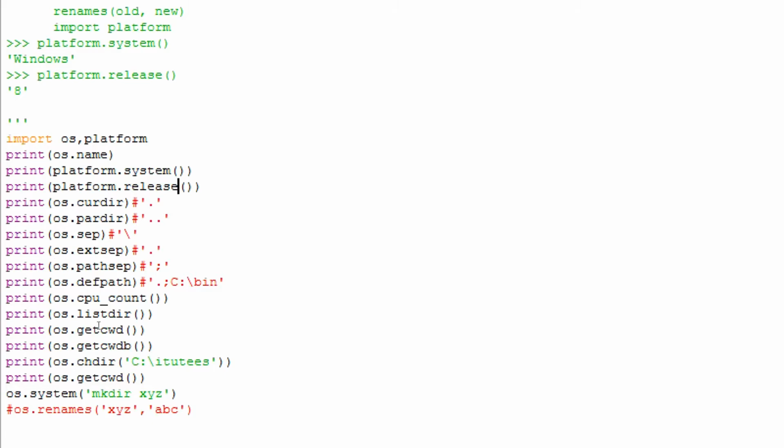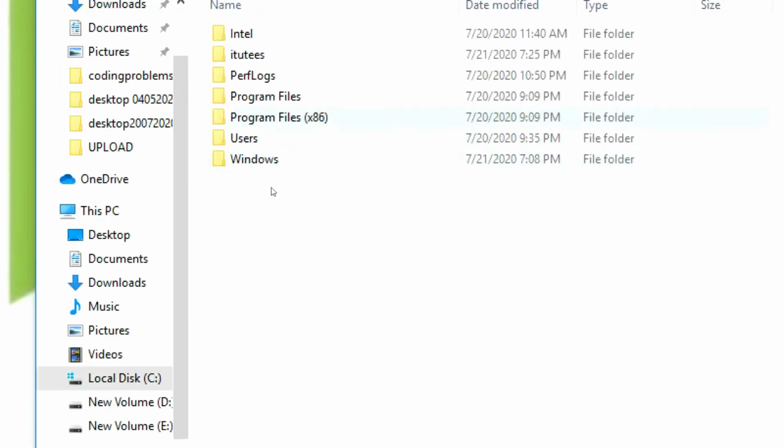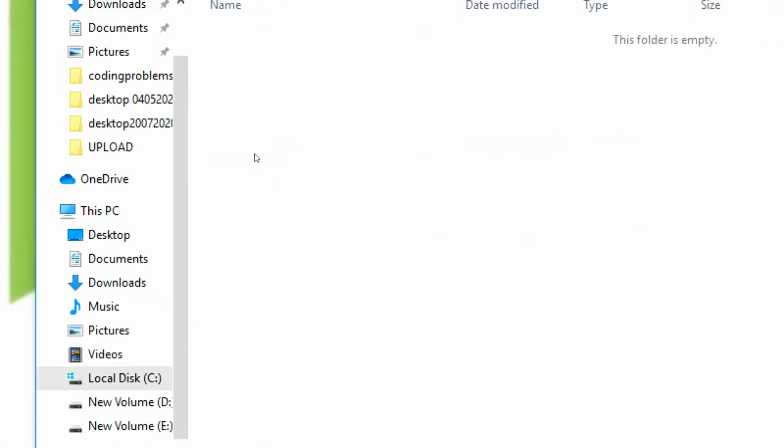I created a folder iTuties in C drive. Now we can see that. This is the C drive, and in this I created iTuties. Nothing is in this folder.